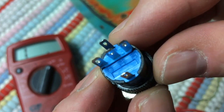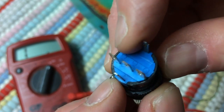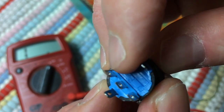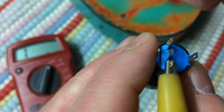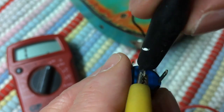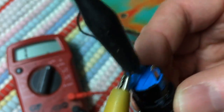All right, so on the back here we have 5 terminals, and the first ones I'm going to start with are these 3 in the middle. So normally closed, normally open, and constant. So what we're going to do is attach one of the alligator clips to the constant, and the other one we're going to attach that to the middle. Okay, there we go. So you can see there it's only attached to the middle,